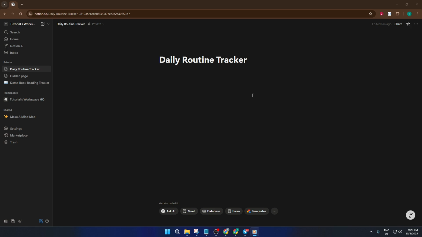Let's jump right in. For this demonstration, we're going to use the free daily routine planner dashboard template available in Notion. Now, why use a template? Well, if you've ever started a planner from scratch and found yourself stuck on formatting or layout, templates are designed to save you time and give your workspace a clean, professional look right out of the gate. You can think of it like buying a pre-assembled bookshelf. Sure, you can build one yourself, but sometimes it just feels great to start with something solid and tweak it